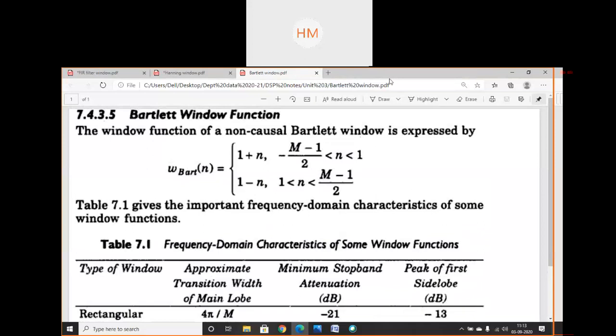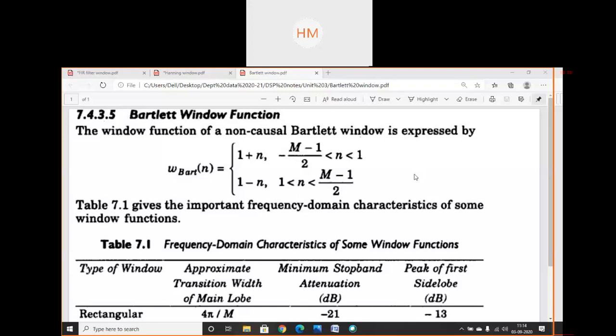In initial class, I have told you there are many different ways to classify the filters. Filters are classified on the basis of whether we are using analog or digital systems to implement. Then we can define them on the basis of approximation, which we are using, like Butterworth, Chebyshev approximation. Then on the basis of recursive and non-recursive filters. Then on the basis of frequency response of filters, how they are passing the sequence.